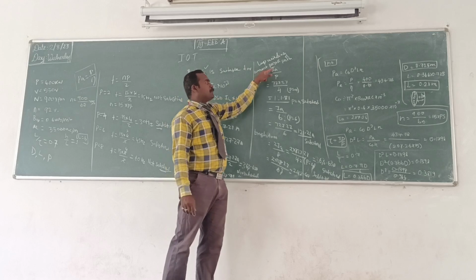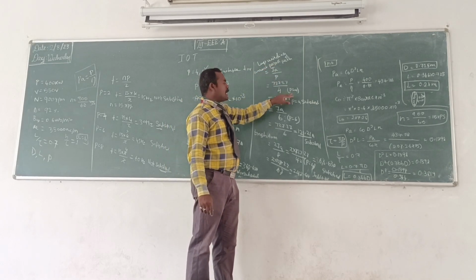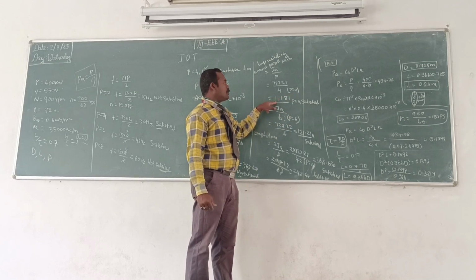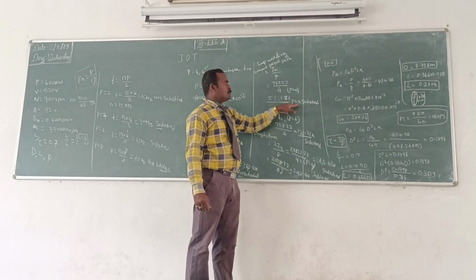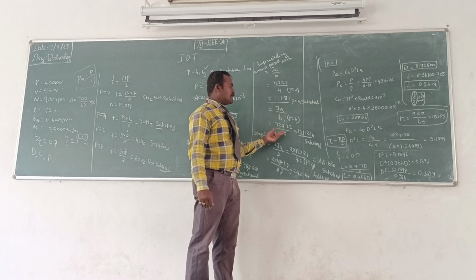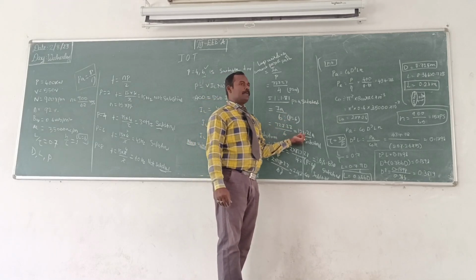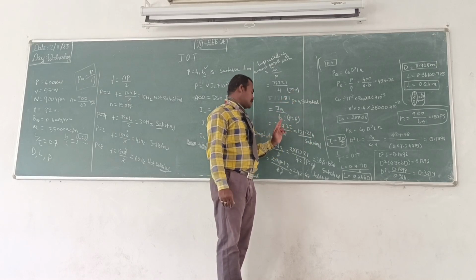The current in the parallel path should be limited to 200 ampere. You can put the number of poles as 4 as well as 6. When substituting P equal to 4, the current obtained is below 200 ampere, so the 4 pole is satisfied. Similarly, the 6 pole is also below 200 ampere and satisfied. You can select either 4 or 6.